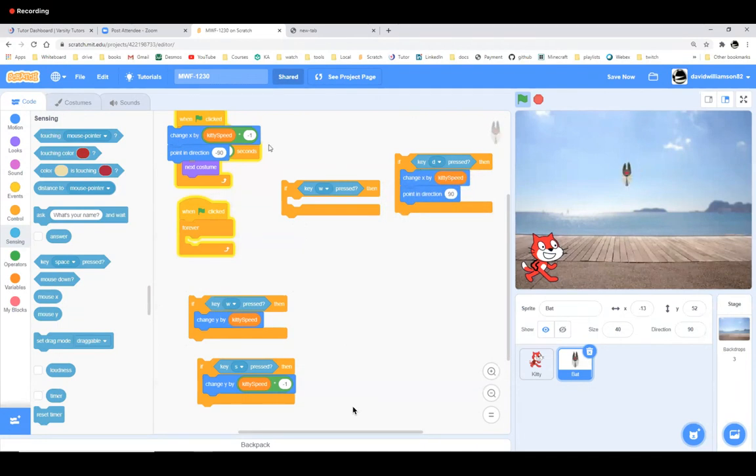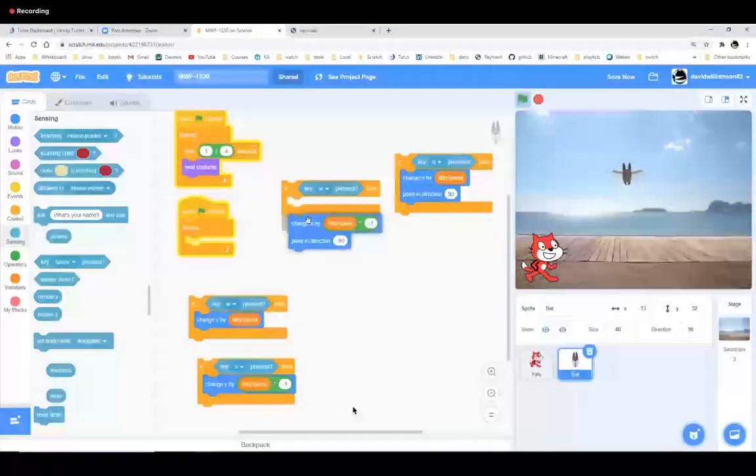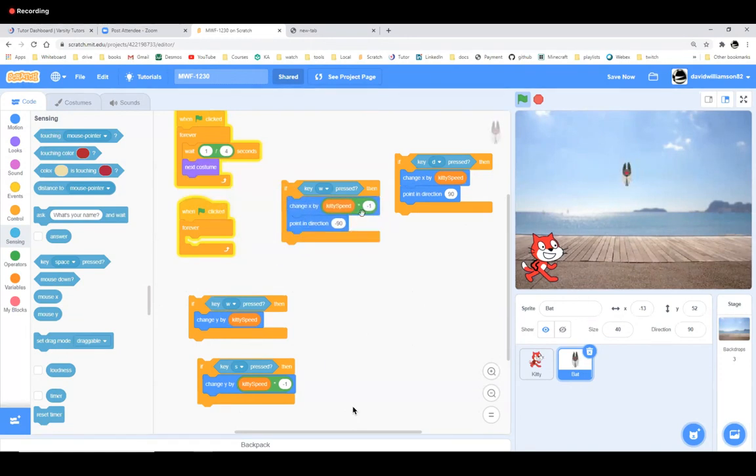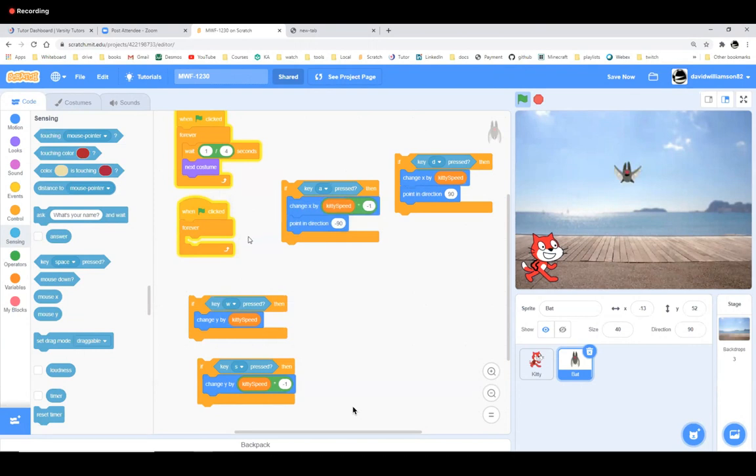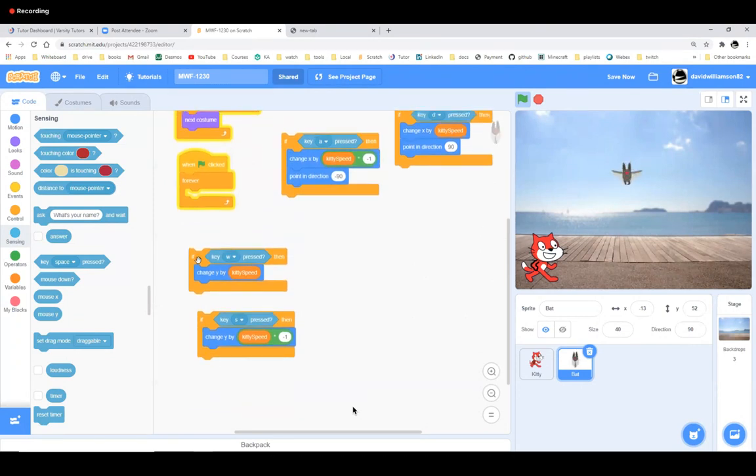And changing the X by minus kitty speed is going to belong to going left, which is set to the A key.